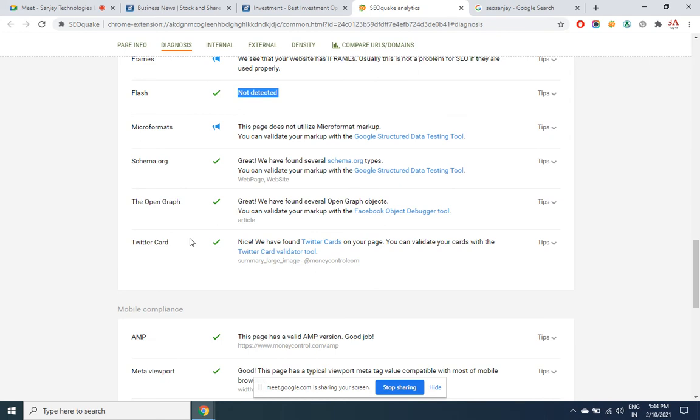Open Graph and Twitter card. This is again an important one. We are going to see in the SMO class how you can get your web page links in Twitter, how you can get your web page link in Facebook. Open Graph belongs to Facebook. TC tag is also called the Twitter card tag. This is the OG tag, Open Graph tag. So this is for Twitter, this is for Facebook.